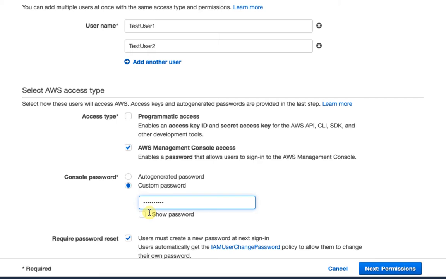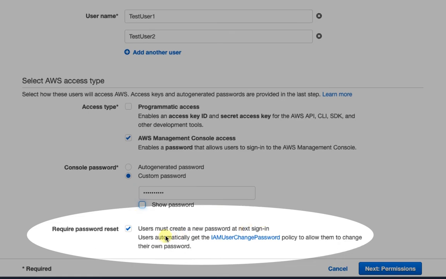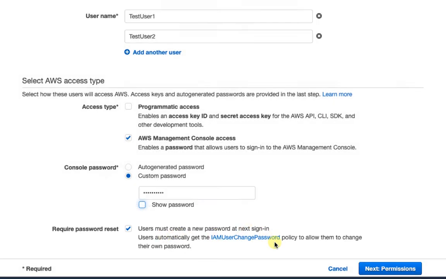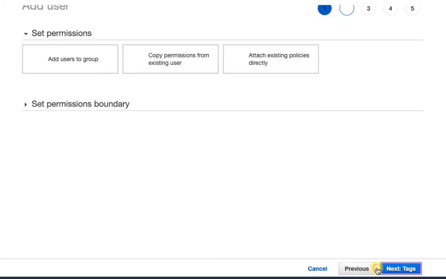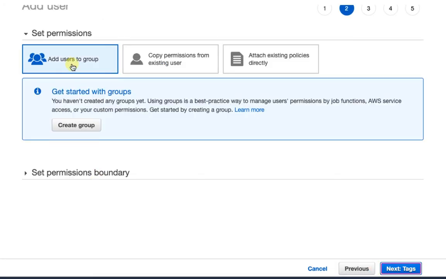But I am creating a user for testing purposes, to show you, so I'll just provide a custom password here. Require password reset: by checking this option, the user will get an option to reset the password at their next login. I'll just uncheck this since I want to make this tutorial as simple and as minimal as possible.